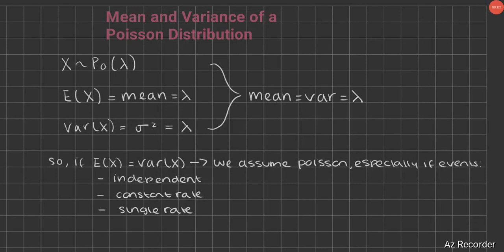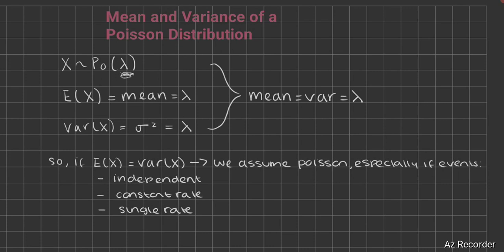Okay, so in this video we're looking at how to work out the mean and variance of a Poisson distribution. What's really nice about this distribution is that the mean, which is the lambda in this section here, is equal to the variance, and so there's not really much working out or manipulation that needs to be done. And so if we get a question where it's like work out the mean, work out the variance,